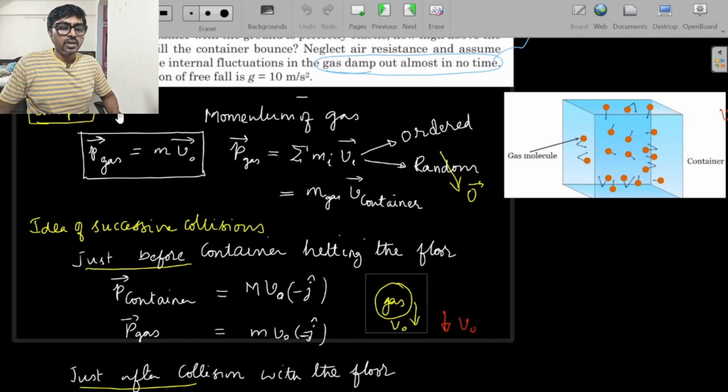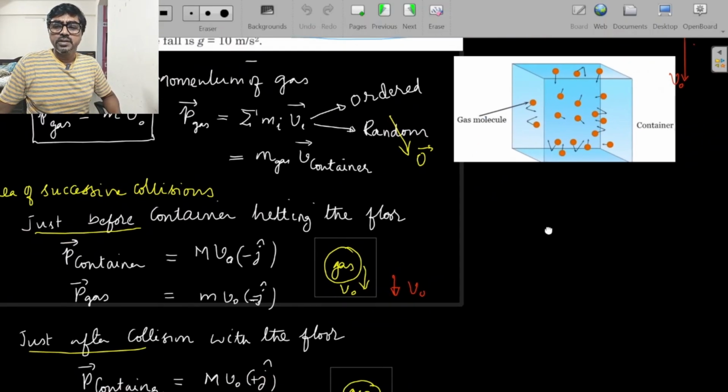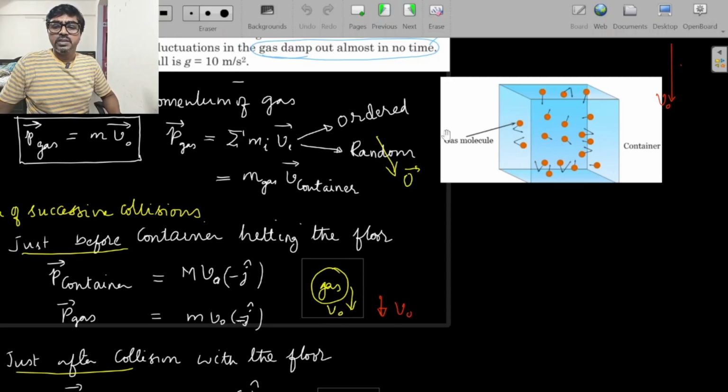Now, concept 1, simple concept. When you consider gas molecules, they are having all kinds of random motion, very large amount of random velocities, and also ordered motion because of the container. So if you calculate momentum of the gas in the container, you need to calculate velocity of each molecule and multiply with mass and then sum it up. When you do that, the random motion would not contribute to any momentum. Net momentum due to random motion is 0. Only the ordered motion will contribute to momentum there.